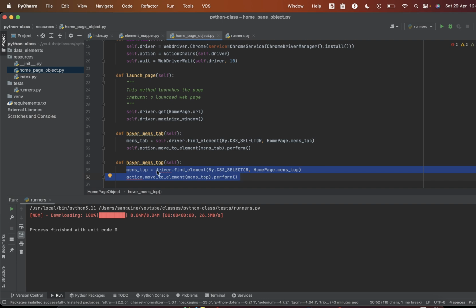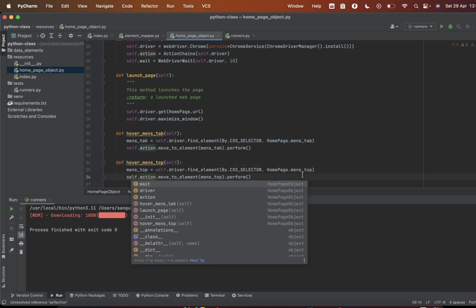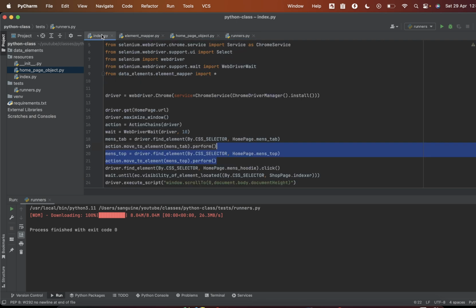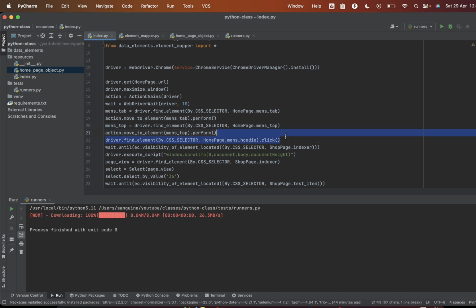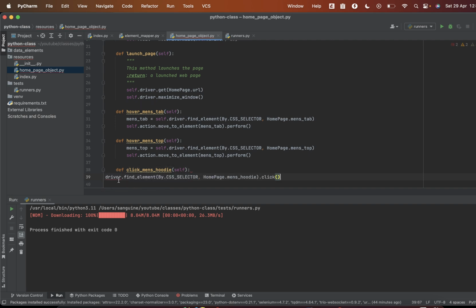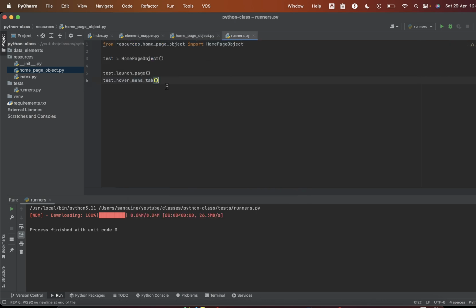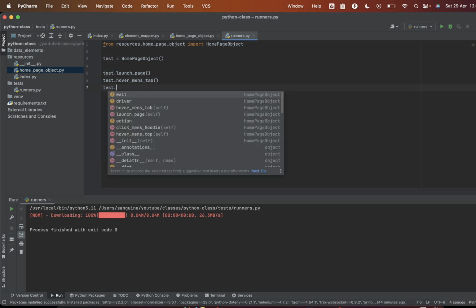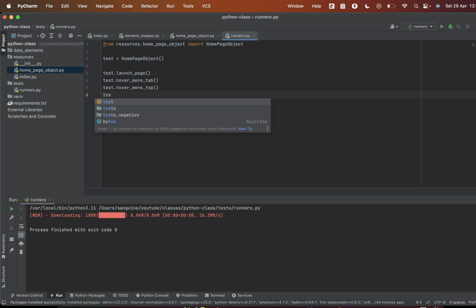So we call it self and self.action. And the last part of it, we want to click on men's hoodie. So we do this. So we are going to copy that and create a new method to say click men's hoodie. Click men's hoodie, right? And we add that here. So we just add self to this. So when we call all these actions here, we call them one after the other. Say test dot over men's tab, we've done that. Then over men's stop is the next action, is the next step, and then the last step will be tests